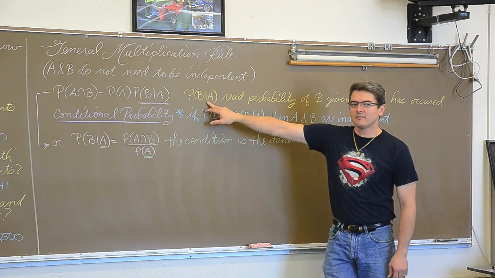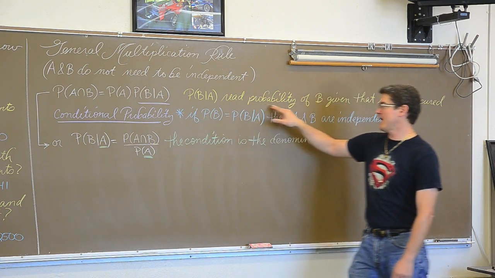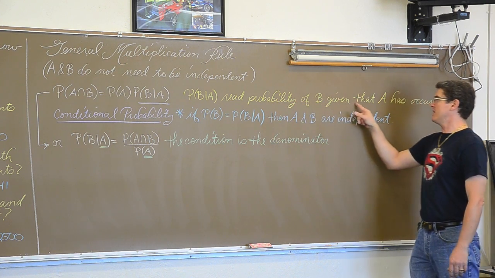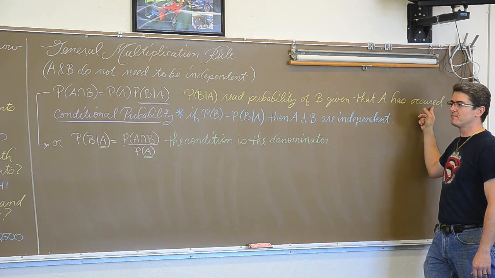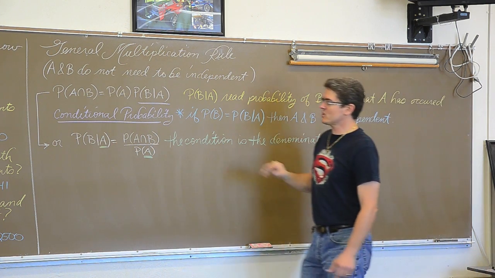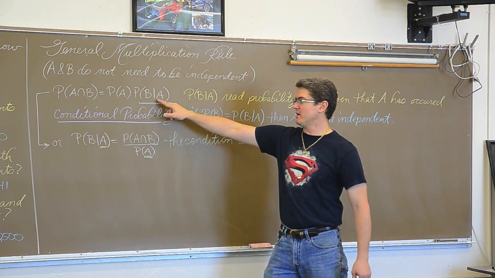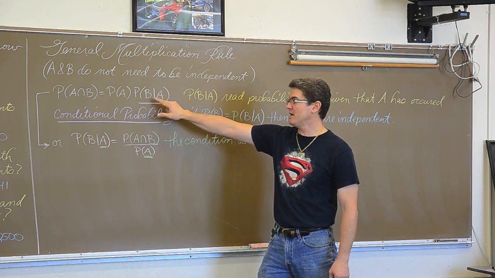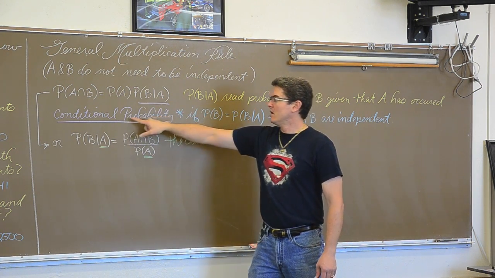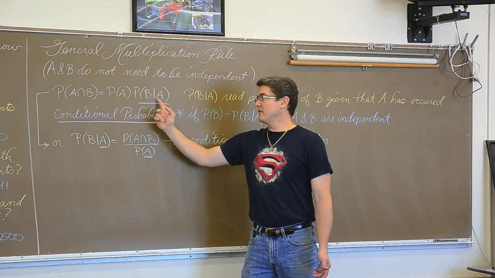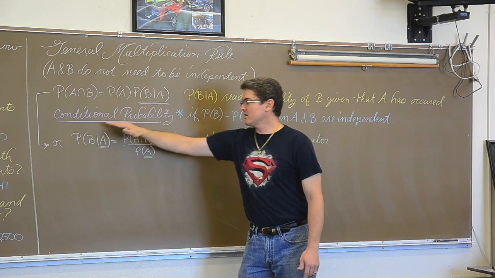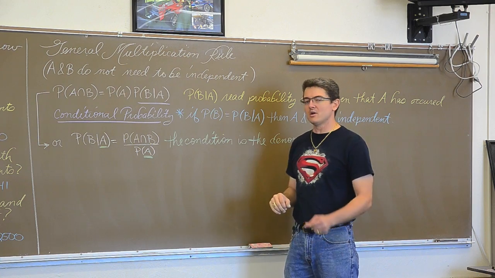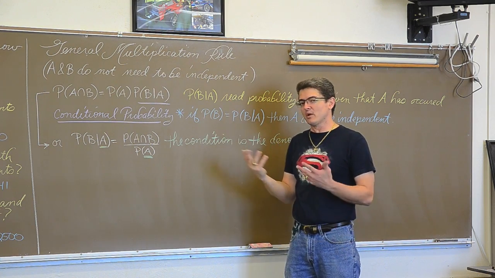This line, as you just heard me say, is read the probability of B given that A has already occurred. The conditional probability, this part of the formula is the conditional part. How did you do on the exam given you did well in the class? That conditional probability can also be checked, is it really conditional?